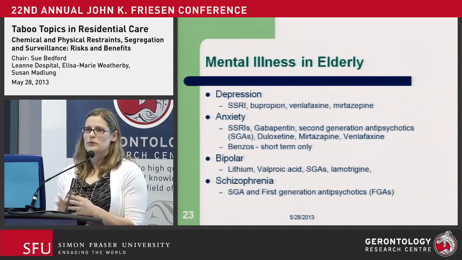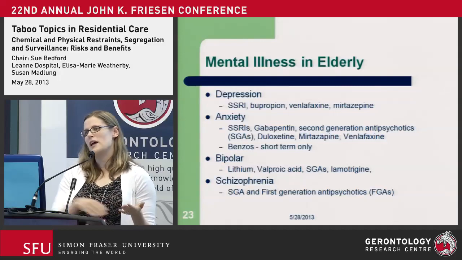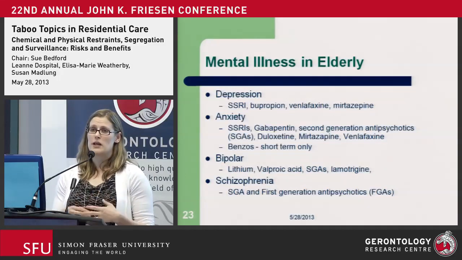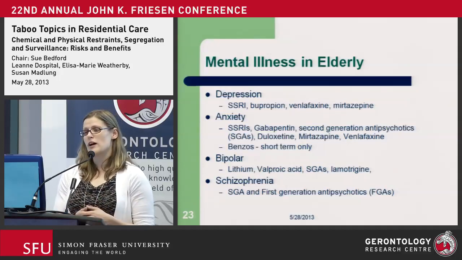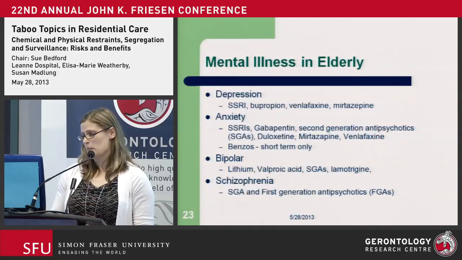So if we talk a bit about mental illness in the elderly, there's other things we have to consider. Just as you get older, you don't lose all those other conditions. So if you were a depressed person through your life, you may have depression as an elderly person as well. So this is just a slide outlining that patients are also on other things as well, not just for dementia. So you have to really know what they're on and know the risk of each of those drugs.